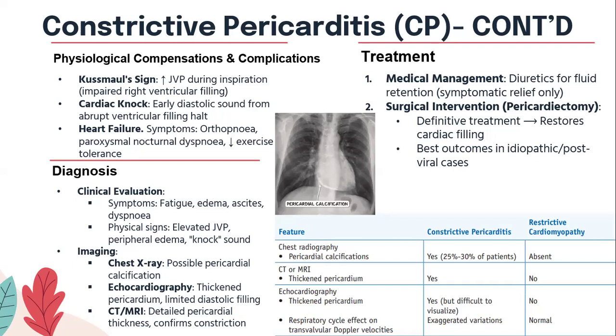This leads to an increase in jugular venous pressure during inhalation, known as Kussmaul's sign. This is due to the inability of the right heart to accommodate increased venous return, leading to more pronounced venous